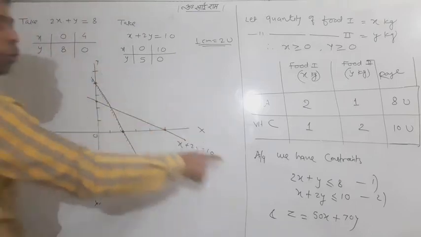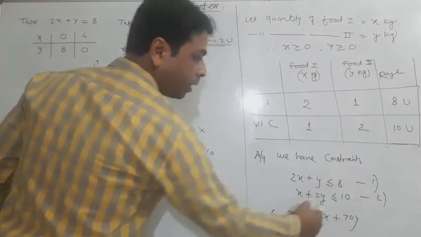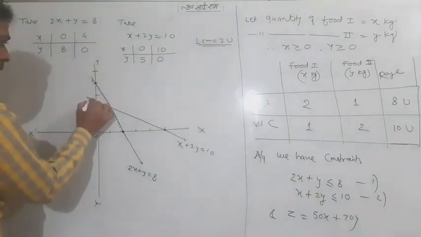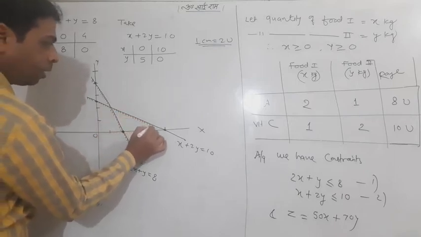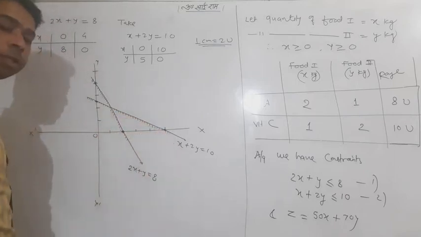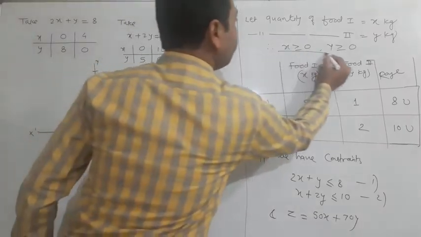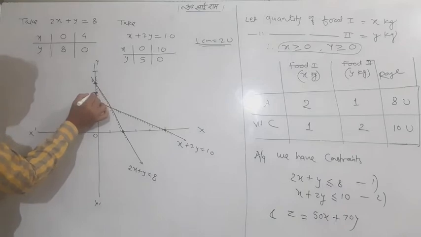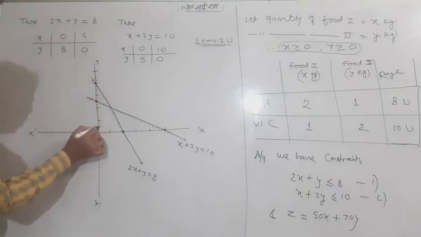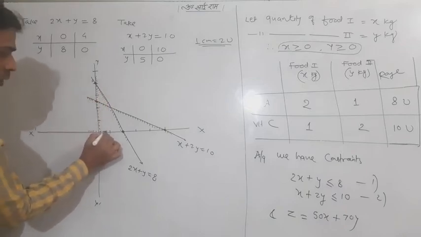Now take an arbitrary point here. 0 less than 10, true, meaning I'll go again. So in both cases I have taken (0, 0) as the arbitrary point. This is like that, and these two are very simple. x greater than 0 will be expressed like that, and y greater than 0 will be like that.